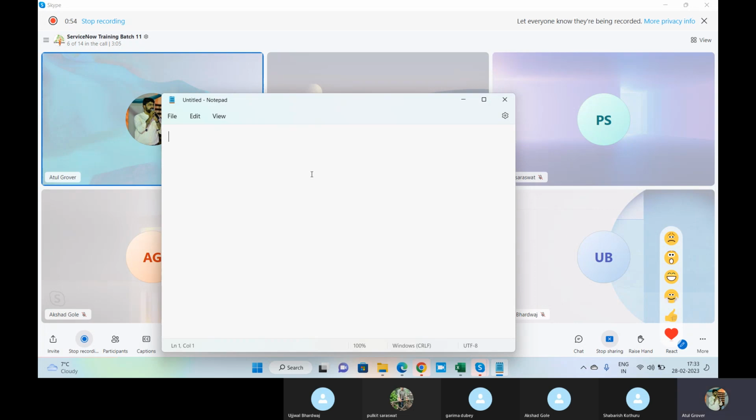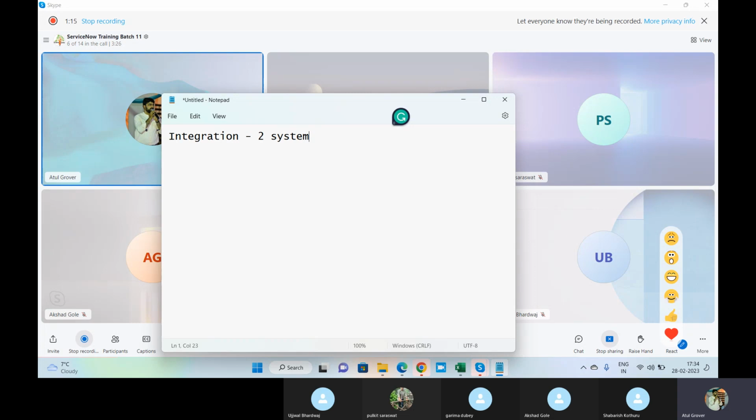So today's topic is basically on integration, and integration is of two systems. Now the first important point: what is the meaning of integration?